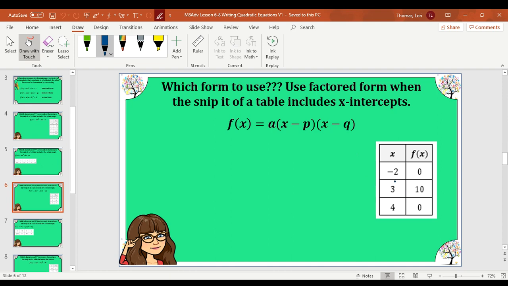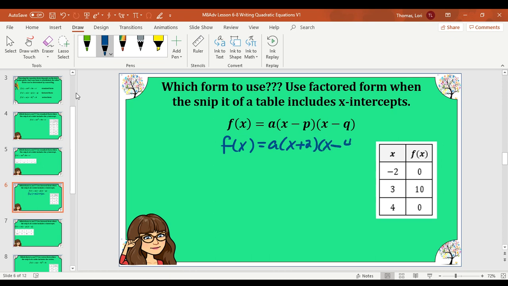Then we're going to use the other given point to plug in for x and f of x. And then we'll be able to find the a value. So when you are given the two roots, you're going to use factored form. You're going to be able to plug in your P and your Q, and then you'll be able to find the a. So first of all, I'm going to plug in, I'm going to say minus -2, which becomes plus 2, and then